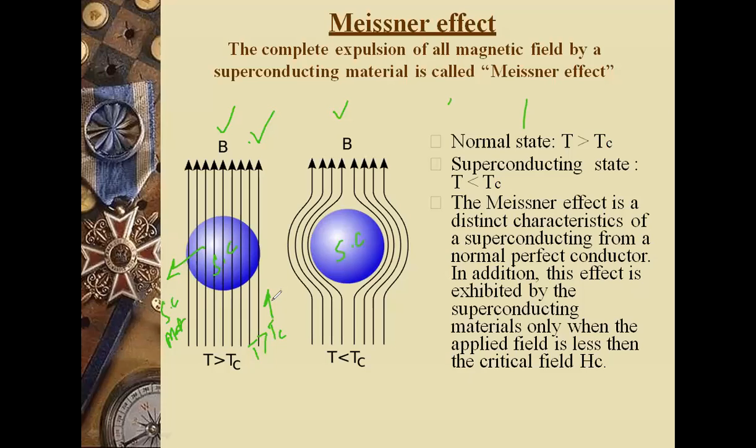The transition temperature is the temperature at which a normal conductor behaves like a superconductor, right? In this case, above the transition temperature, it behaves like a normal conductor. All magnetic field lines go through the sample. In the other case, T less than the transition temperature, we are lowering the temperature, as you all know, at low temperature only